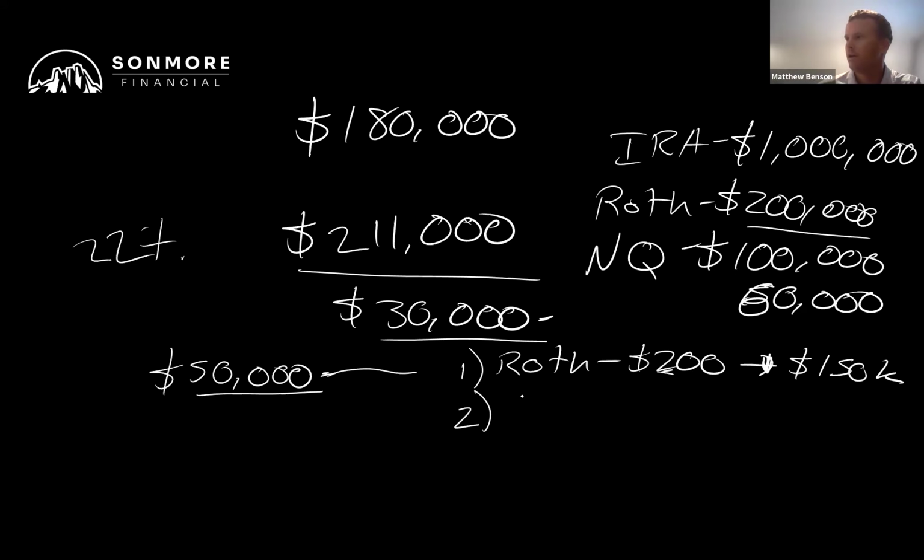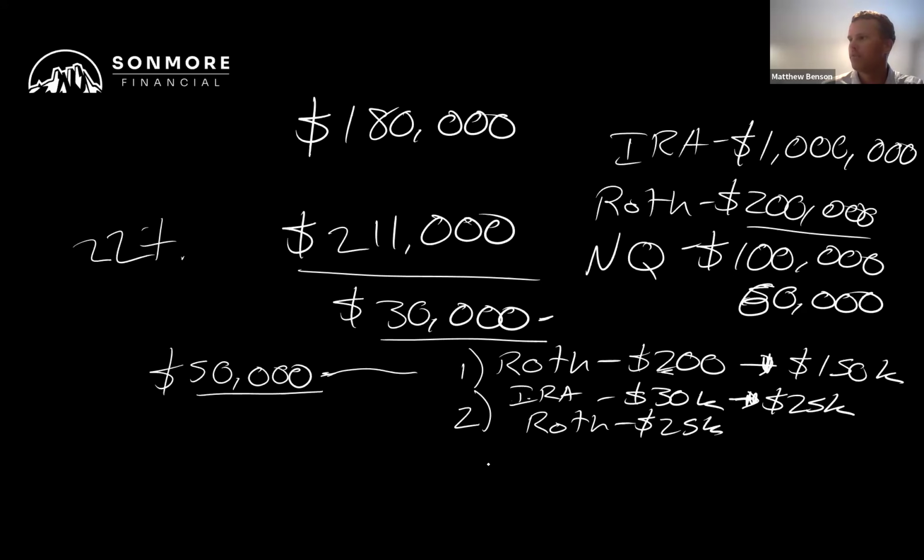You could say, scenario 2, hey, let's go ahead and we'll just take 30,000 gross from our IRA, and then let's say that nets us 25 after taxes. And then we will take the remainder, the other 25, from Roth. You could say, hey, we're going to do kind of the same type of idea from the IRA, or actually do a little bit less. So let's say that we did 20,000 from the IRA, nets us 15K, and then we funded the rest from